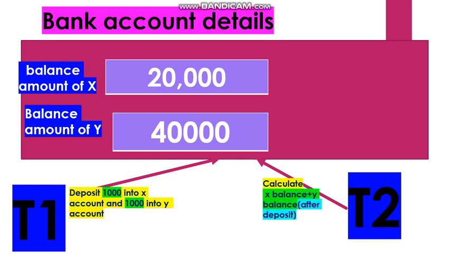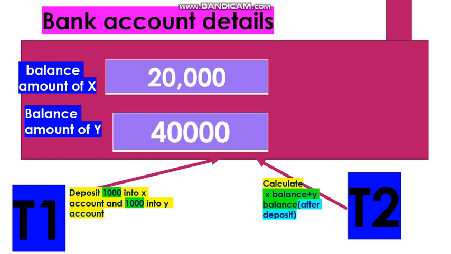In the last video, I have given an example to understand two-phase locking protocol. Now, in this video, I'll explain two-phase locking protocol in terms of transactions. Let us assume that we have two concurrent transactions T1 and T2. All of you just relate this example with the previous example.